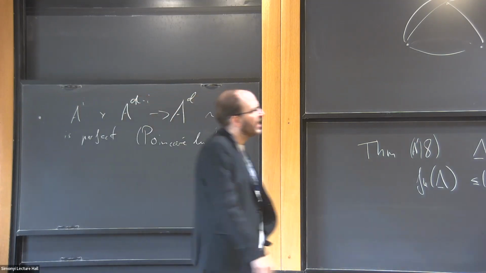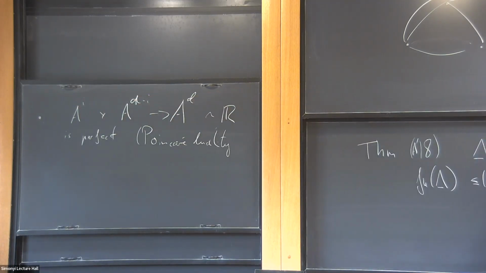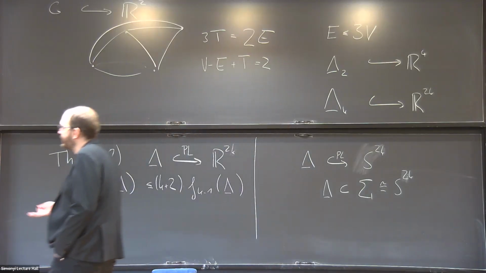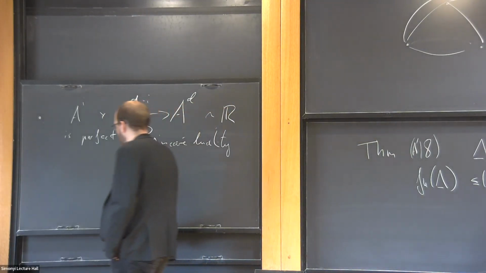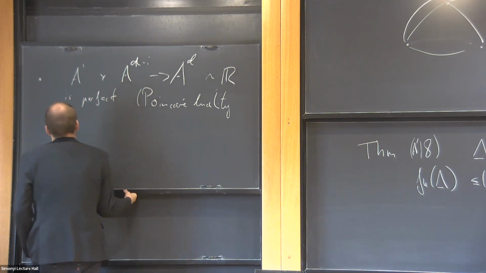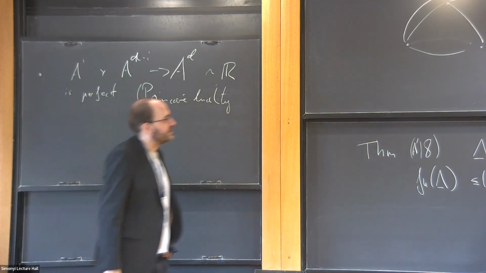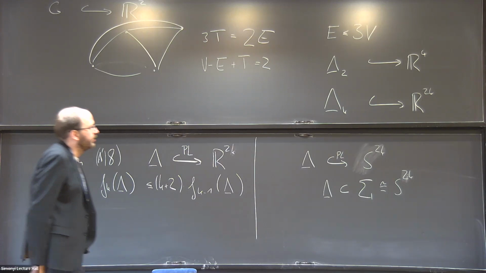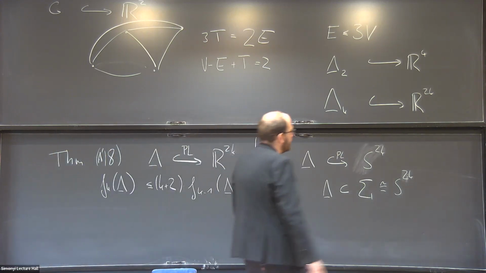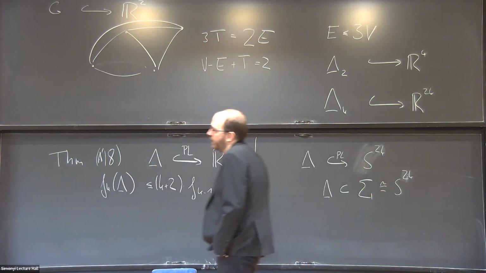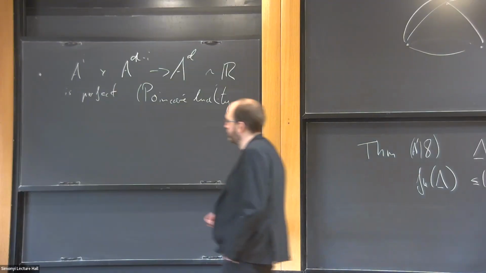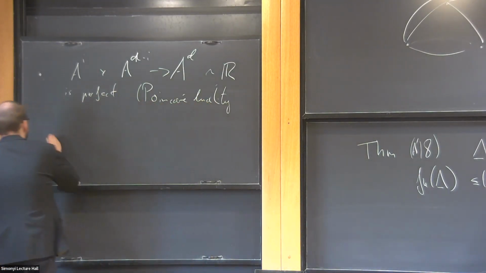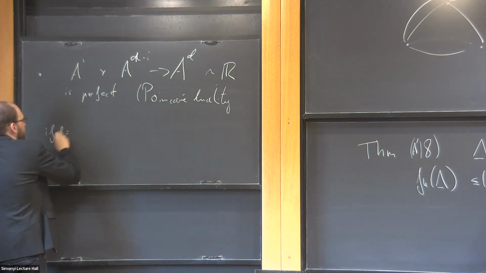But I claim that this has something to do with the combinatorics here. So let's try to estimate the size of this ring. Let's try to give some estimates, and let's focus in particular on the case where D is equal to 2k plus 1, because this was the one that I wanted to talk about. So if D is equal to 2k plus 1,